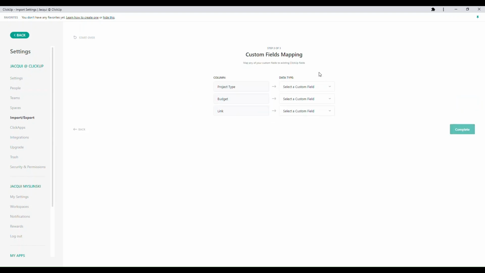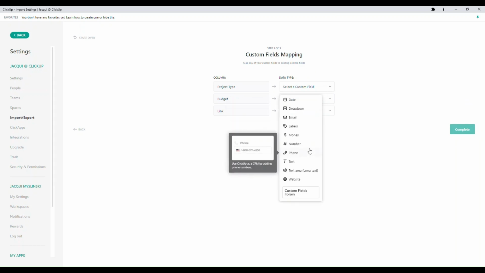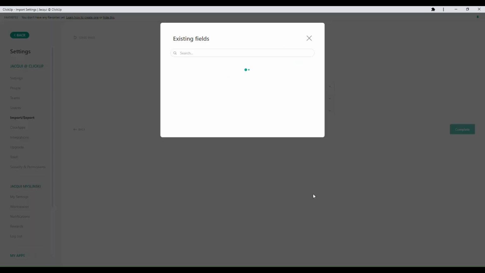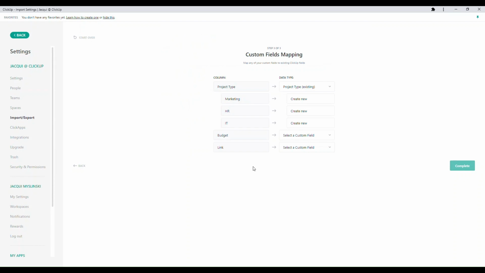And here is where you can select the exact custom field that you'd like the data to match. So project type is going to be our drop down. Oh, I'm sorry, here. Actually, since we've already created it, we're going to select the custom field library. And we know it's a drop down for project type. We'll use that. So now we'll be able to select marketing, HR, and IT, because that's already created in ClickUp